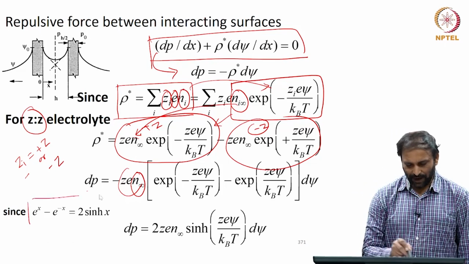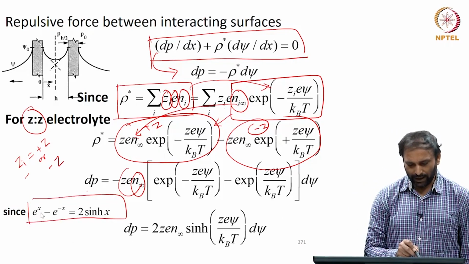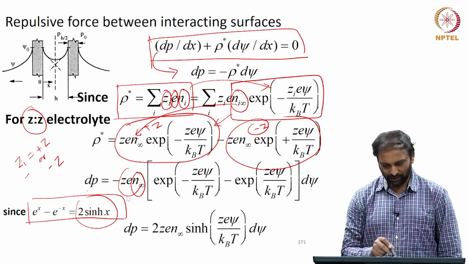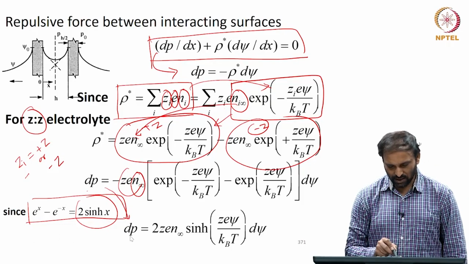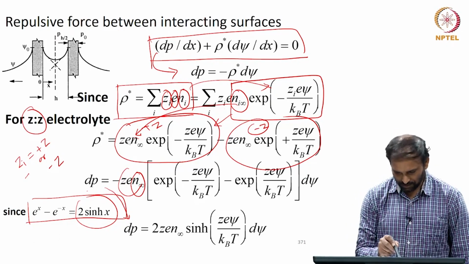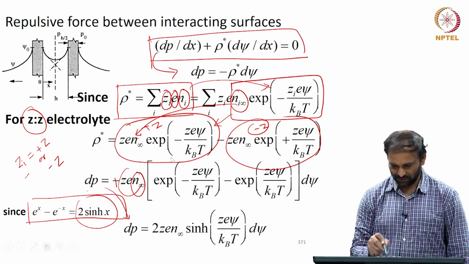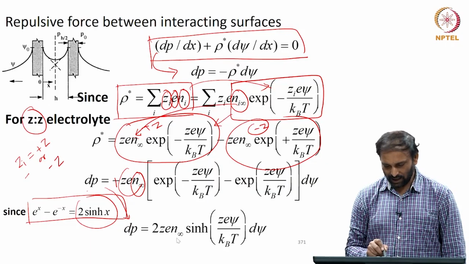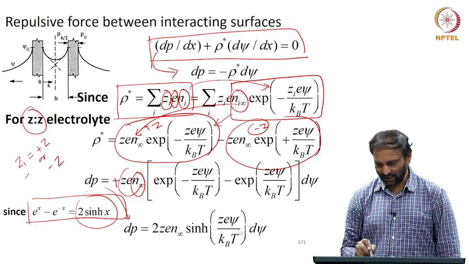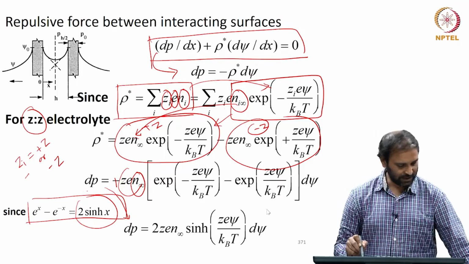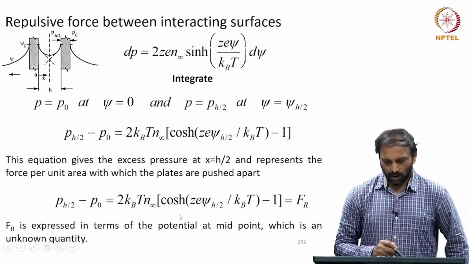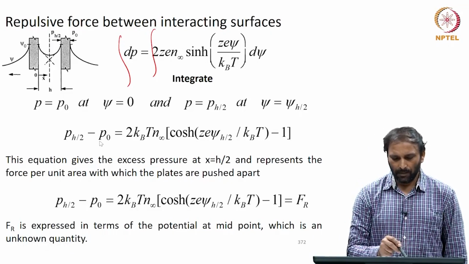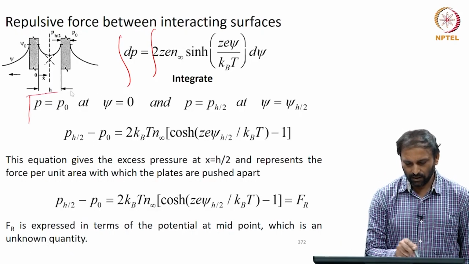and we can use the fact that exponent x minus exponent minus x is 2 sine hyperbolic x. Therefore, I could write this as dp. So, I think there is a mistake here. So, that should be positive. Okay. Therefore, dp is equal to 2 times z e n infinity times sine hyperbolic z e psi divided by kBT times d psi. I could integrate this and use the boundary condition that